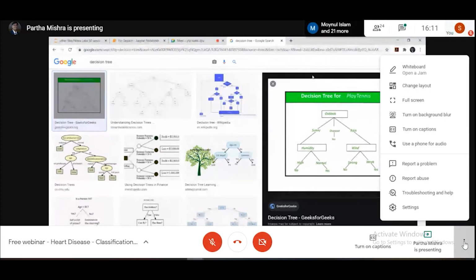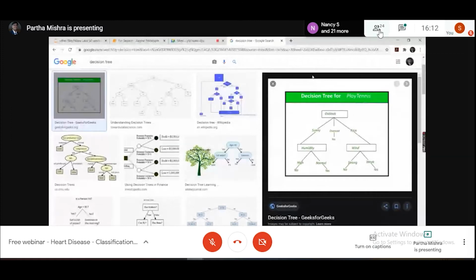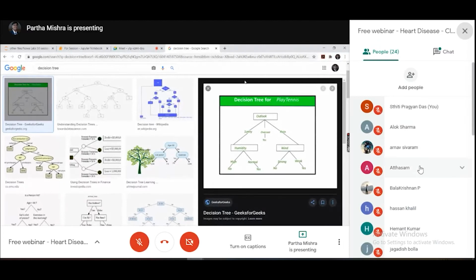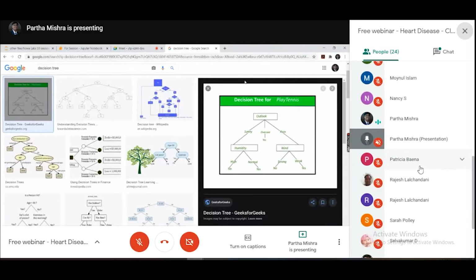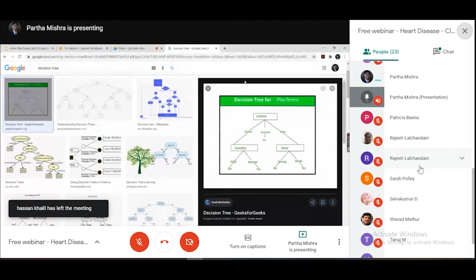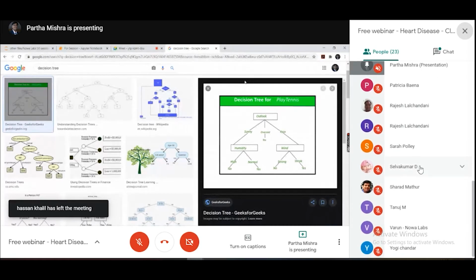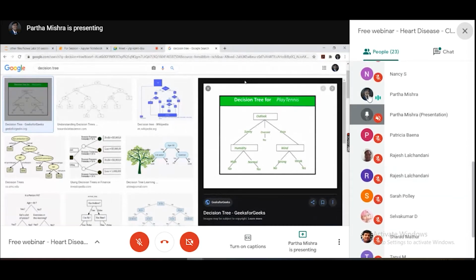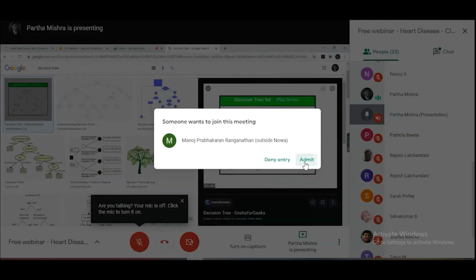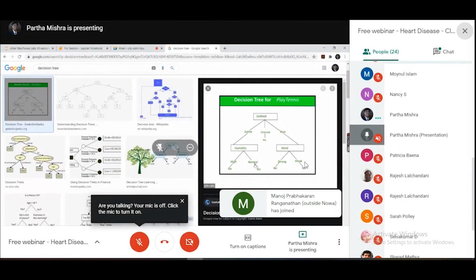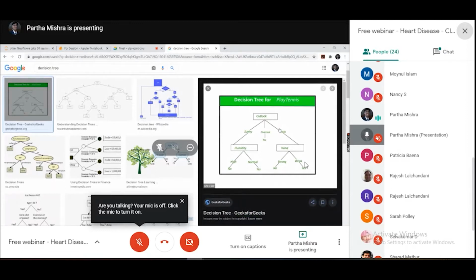These two friends would decide when to play tennis depending on, let's say, three conditions. One is the weather condition, that is whether the day is sunny, overcast, or rainy. The second condition is humidity. If it is a very humid day, the person doesn't want to play. If it is normally humid, they are willing to play. And the third condition is the wind speed.